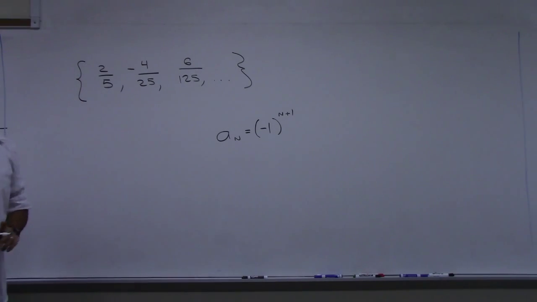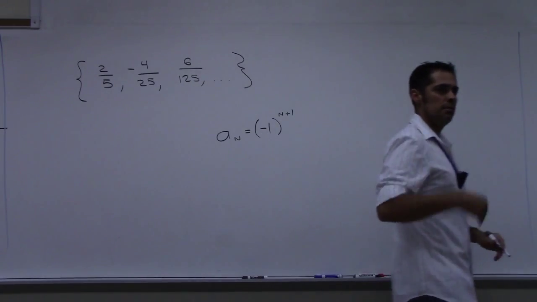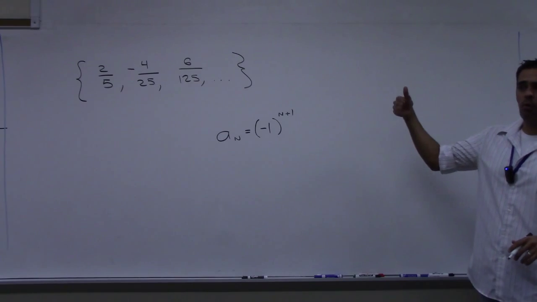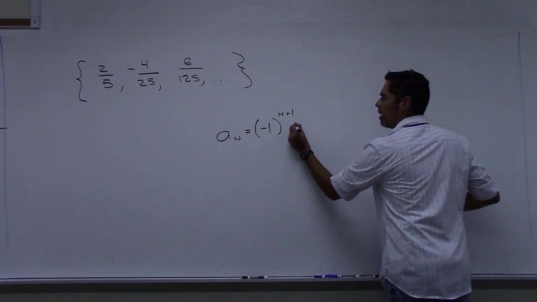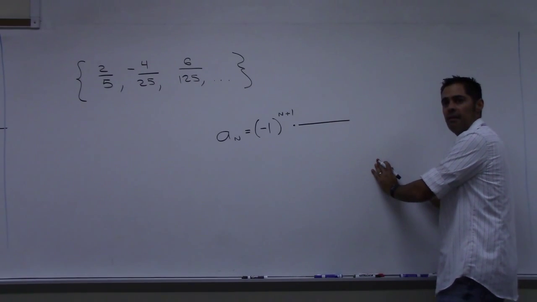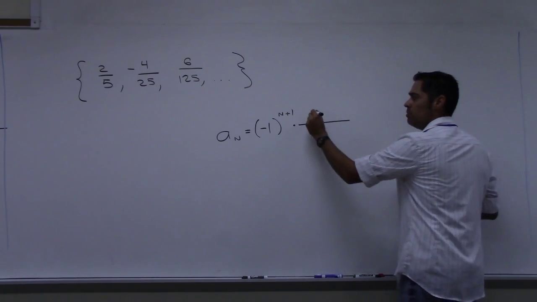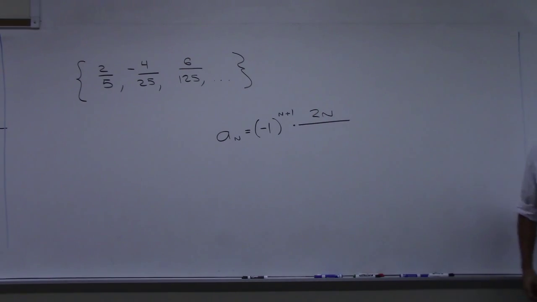Now let's look at the fraction. What's happening in the numerator? 2, 4, 6, 8. So the numerators are just the even numbers, right? Starting at 2. So 2n up there. The denominator,